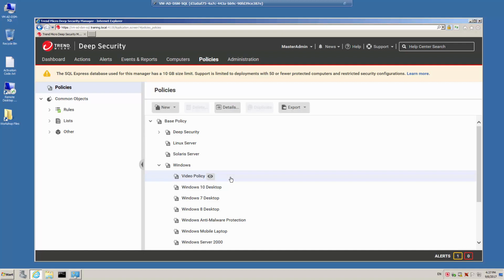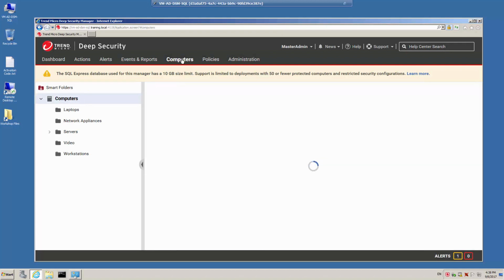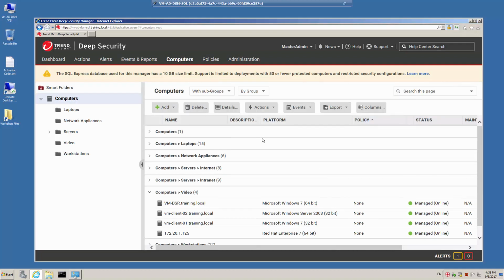And you'll note that the video policy is now available in the list. I want to run this particular type of scanning on a collection of computers. So now what I need to do is identify which computers are going to use this particular policy. Let's return to the computers list. And just as an example, what I'm going to do is go to one of my computers, say for example,